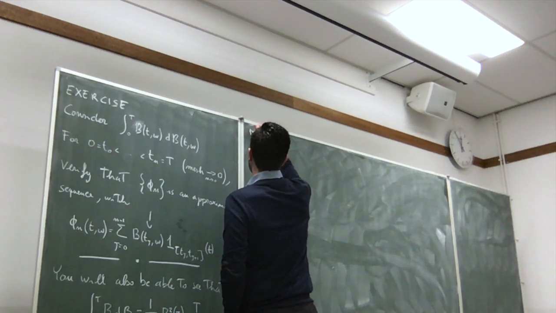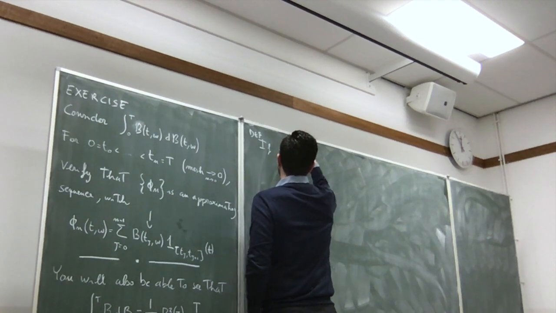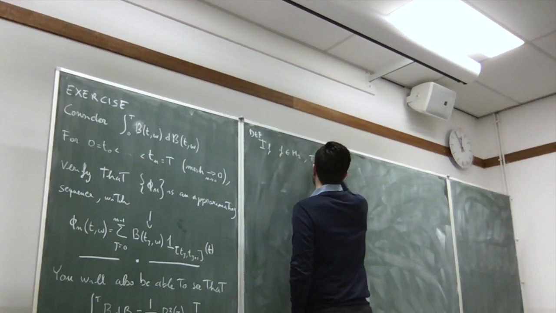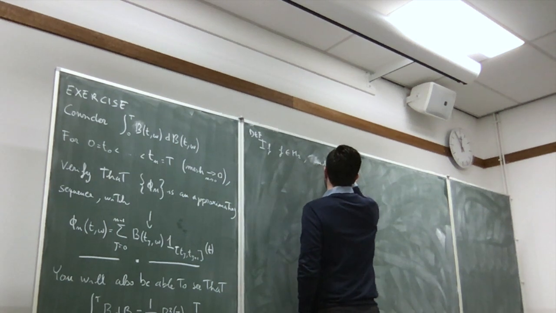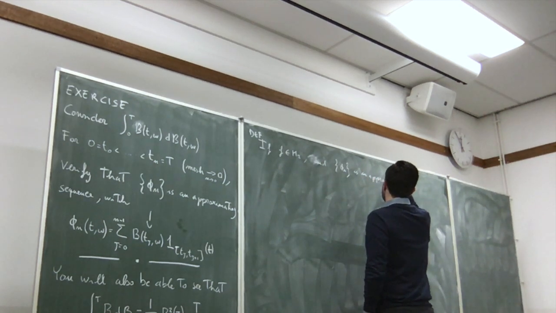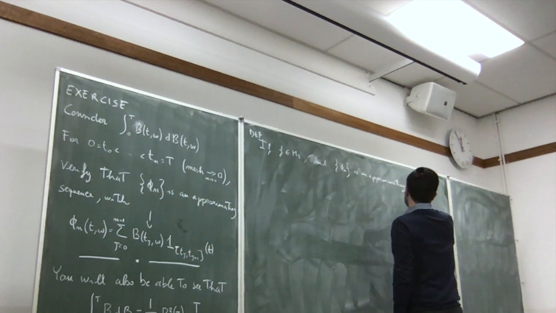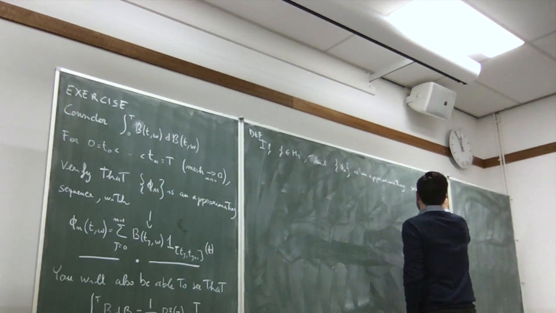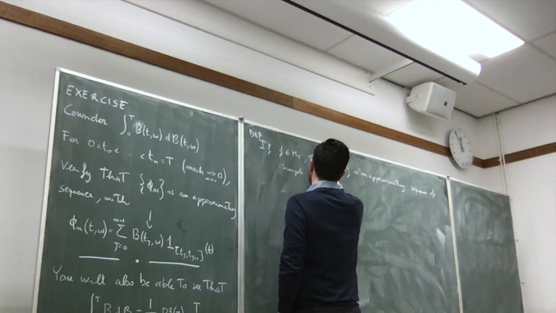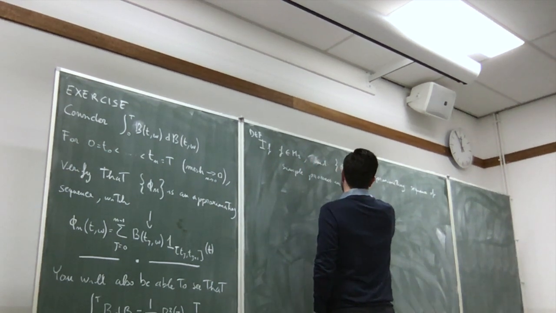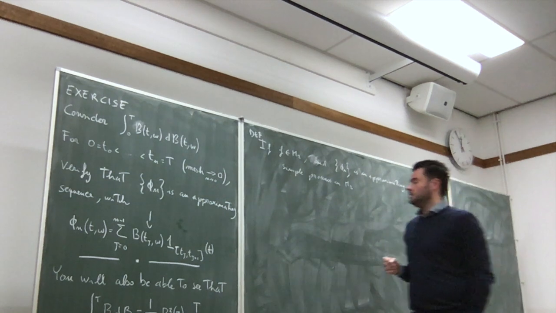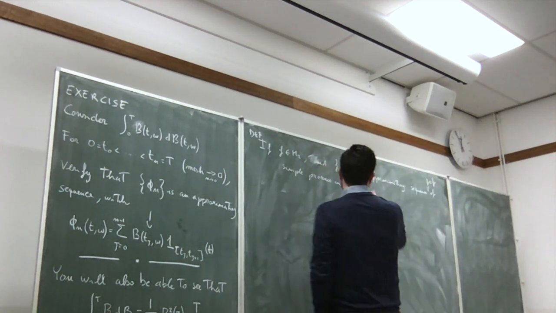If f is a generic function in M2, and phi_n is an approximating sequence of simple processes in M2, obviously implicitly for f, so it's an approximating sequence for f of simple processes in M2, then